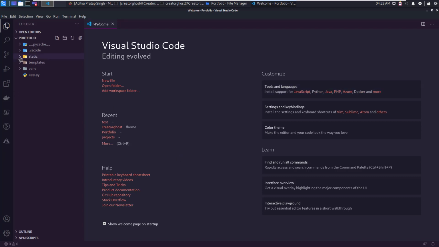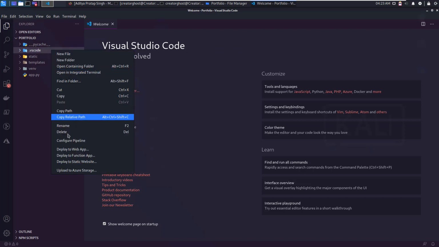So here you can see our file structure. First we have these two junk folders which we do not need. We can even delete them.